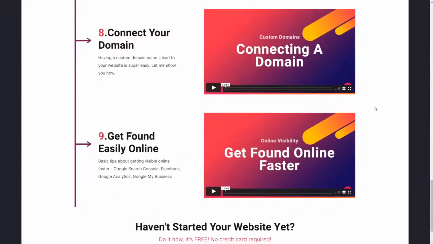And lastly, we'll be talking about getting found online. So these are a few things that are also part of the cheat sheet, like I said, which basically help you to, again, get online faster, like Google Search Console, registering in Facebook Pixels, etc., Google Analytics for understanding your business better and traffic, Google My Business, which is really important for most businesses, especially if you're a local business that depends on people finding you on the map, on Google Map and other places.